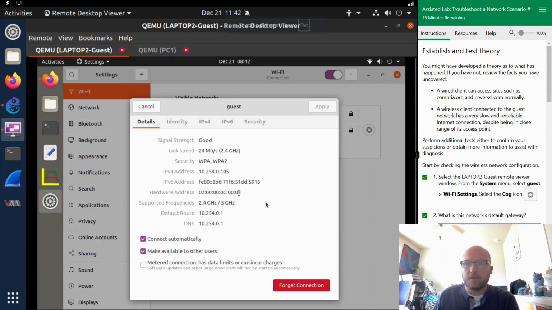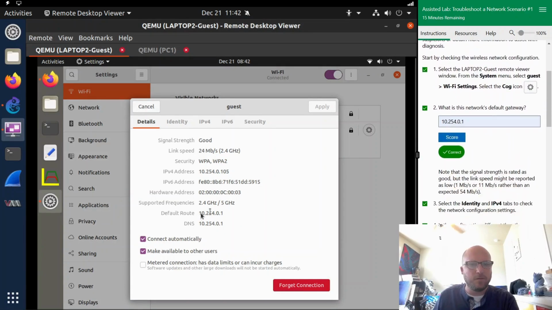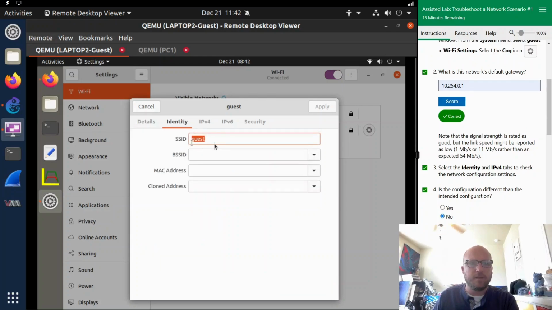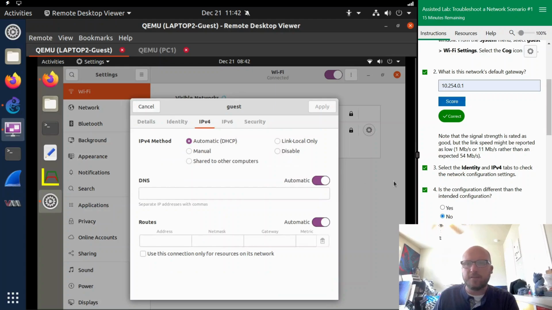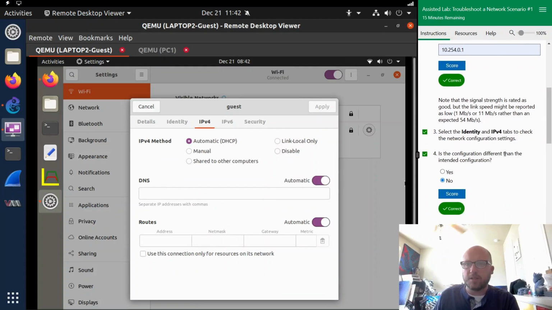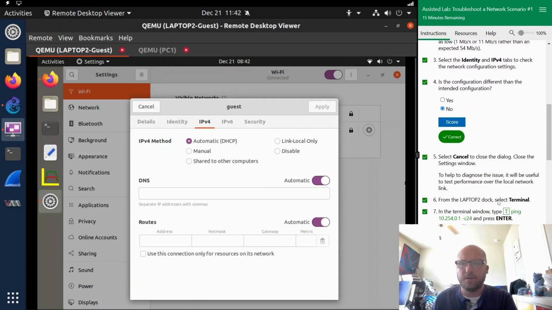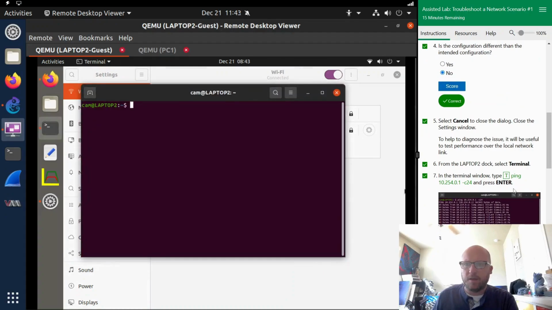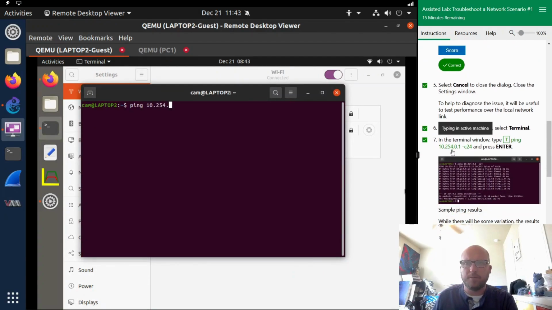Well, look at this. Our default gateway is 10.254.0.1. Identity is guest. Automatic DHCP. The configuration is not different from the intended configuration. This is the correct thing, so it's not misconfigured. We'll open up a terminal and try to ping our gateway using ping 10.254.0.1 -c 24,